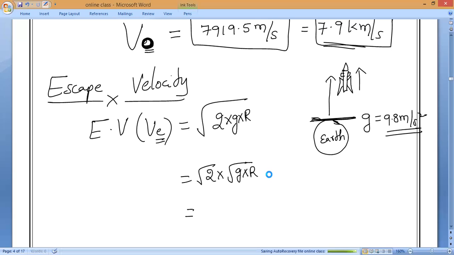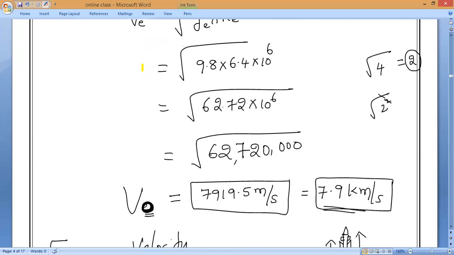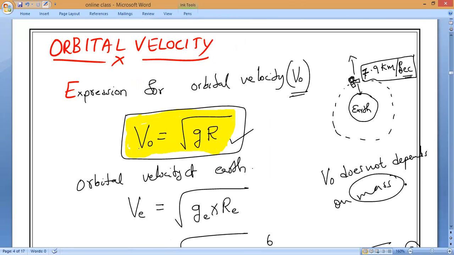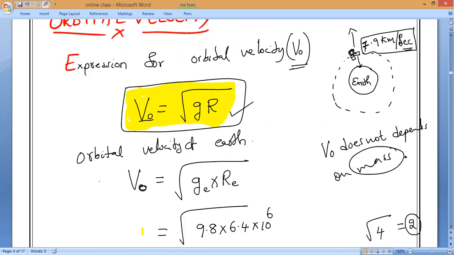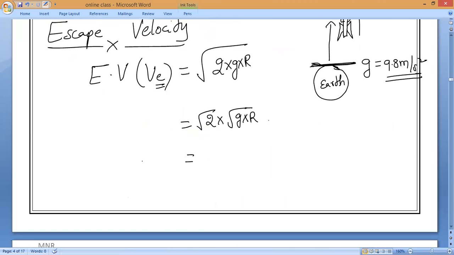Yes or no? Yes, sir. Root GR is equal to something. Check it. What is that? Root GR is equal to the orbital velocity. So I can say escape velocity from the surface of Earth is equal to root 2 into root